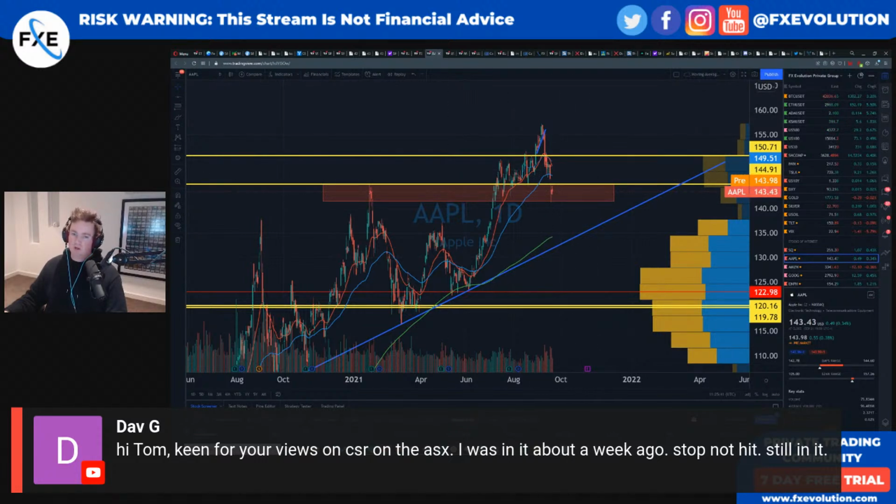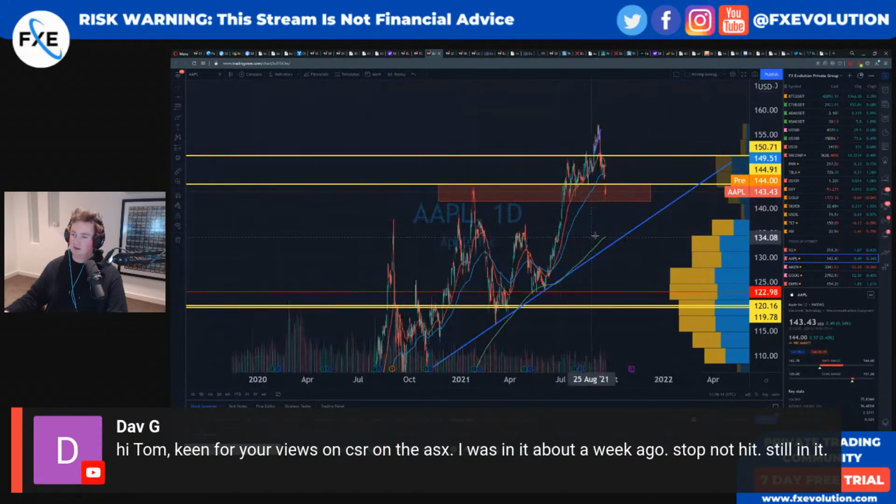Apple, one of the stocks we'll watch. I think the private community should watch this stock incredibly closely, see how it deals with these zones. Of course, resistance here at this 145 area. And if we get underneath 141 and the rest of the market isn't falling, I believe Apple will show us the way here. And I would love to pick this up around that 135. 135 would be pretty sweet for Apple. What would that discount be? 14%. That would be a fantastic discount. I would be happy with that.